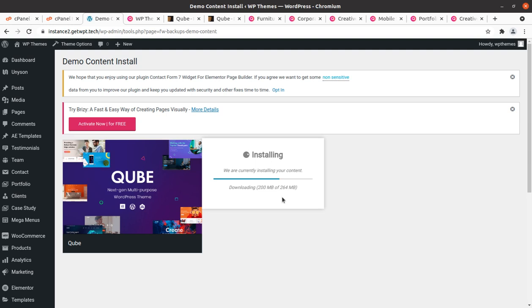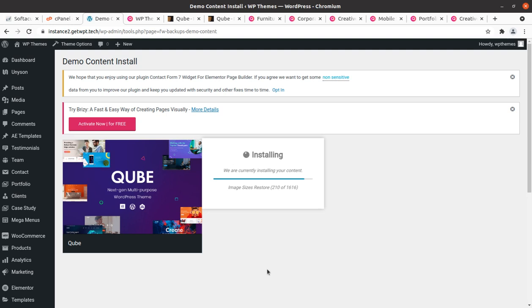So all dependent parameters are here, and we have to wait until the screen shows the next message. And once the demo import completes, it will be directed to the new website automatically. You have to do nothing, so just wait. Don't refresh the page, don't hit the back button.